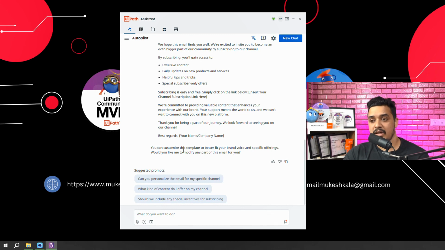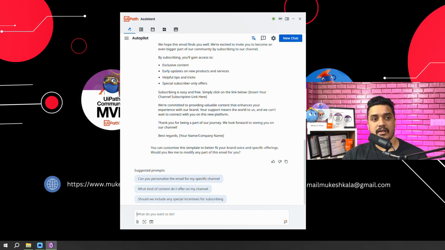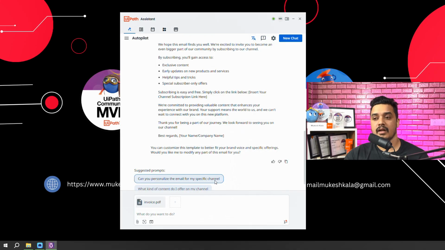Now at the same time, it is also giving you some of the things as well, right? So this was one example. For the other example, I just go here and I drag and drop an invoice. Now if you see here, as soon as I drag and drop, it understands that you have an attachment, but you didn't give any instruction. This does not have any goal.